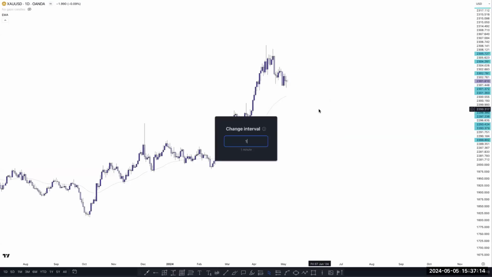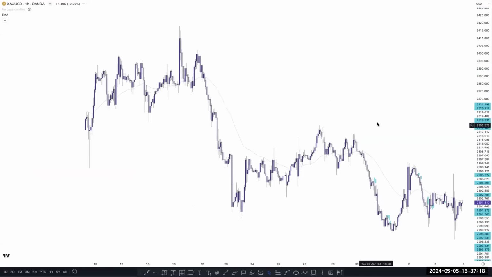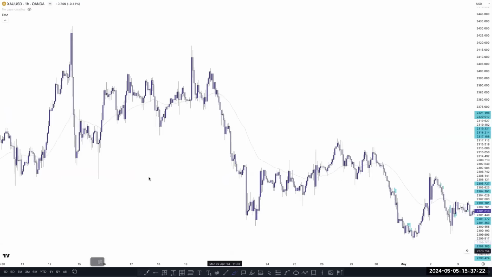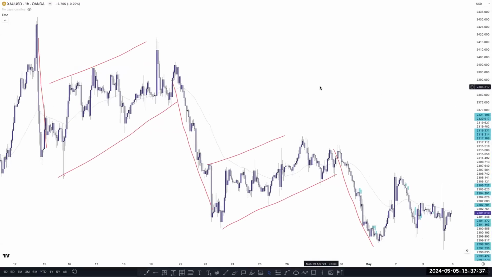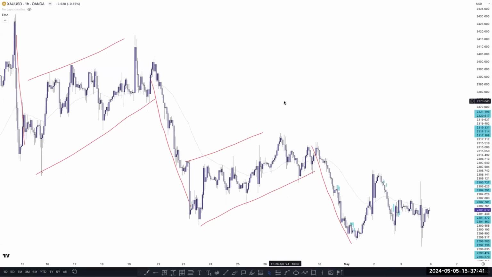So let's check the 1 hour time frame and 15-minute time frame. Then we can understand what is happening here. In the 1 hour time frame, the market turned bearish. This is our previous corrective structure, strong impulsive wave and corrective, again a strong impulsive wave, and price again creates a corrective structure here and again a strong impulsive wave. So this is an indication that the market is pushing downside and creating lower lows.